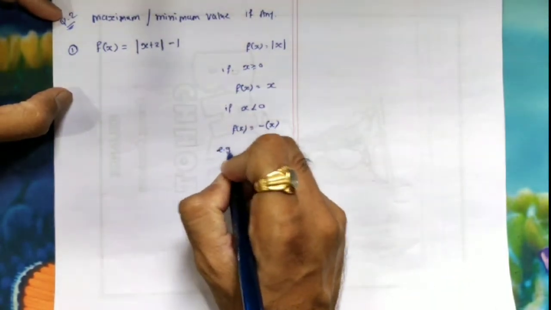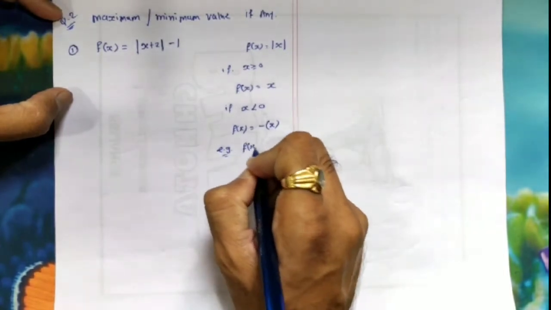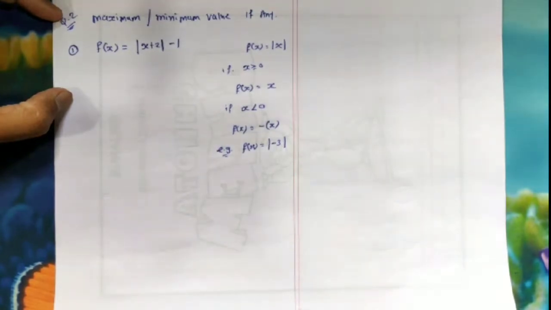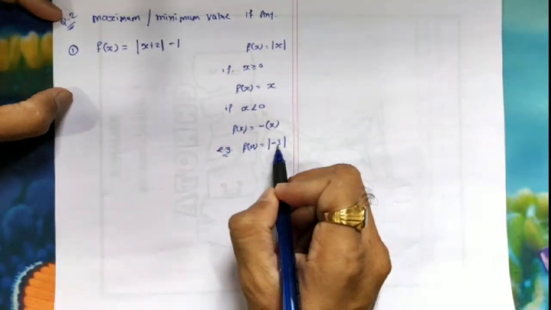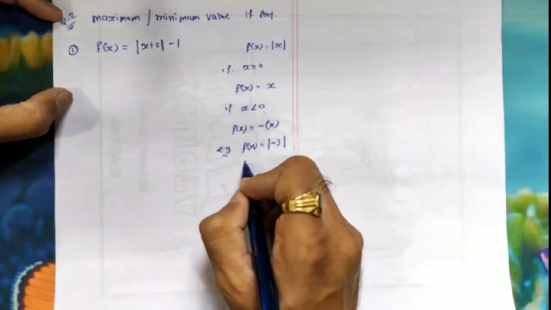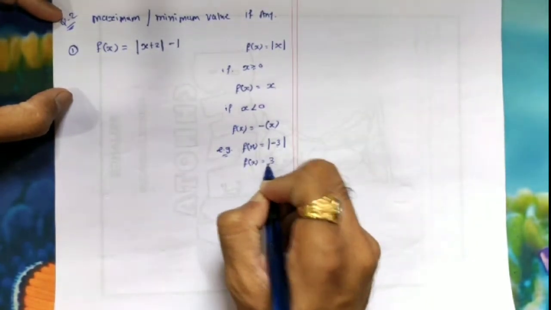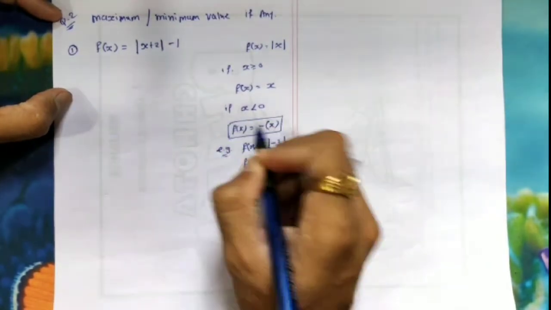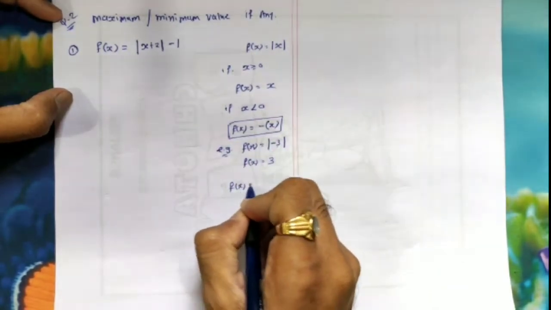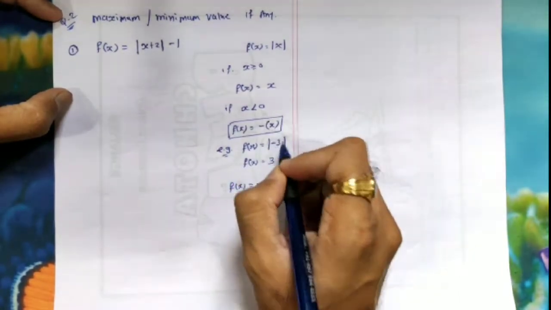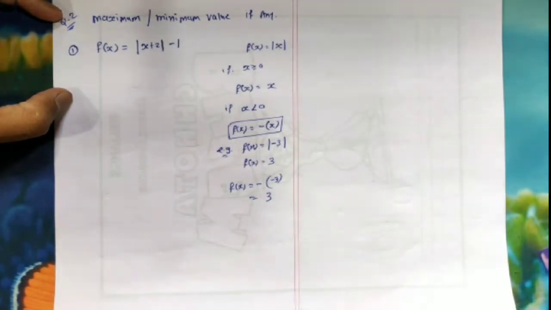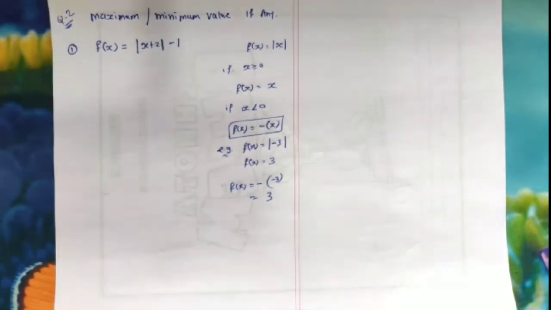If you don't understand, take an example. Suppose you have f of x equal to mod of minus 3. So here x is less than 0. What you have to do? This modulus function will give us f of x equal to 3. So where did this 3 come from? It came like this. It is nothing but f of x equal to minus, and what is our x? Minus 3. So it's a minus minus 3, so it's a plus. Clear now? So this is how you can break the definition of modulus.